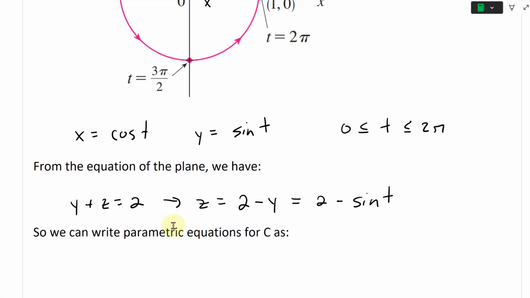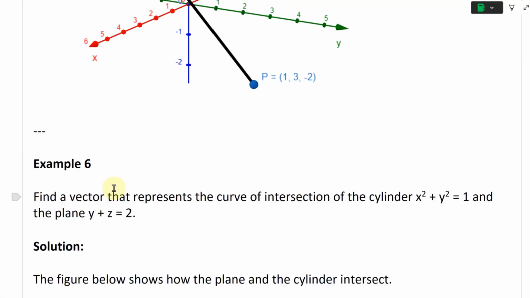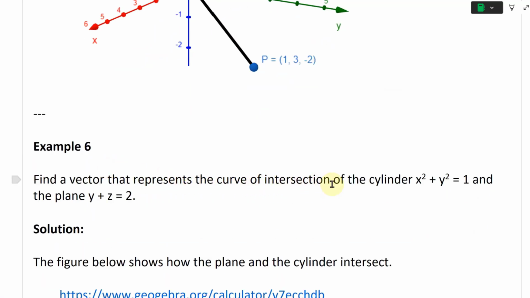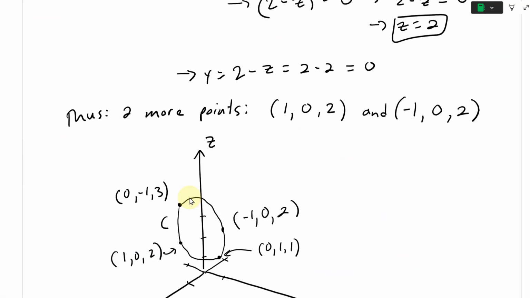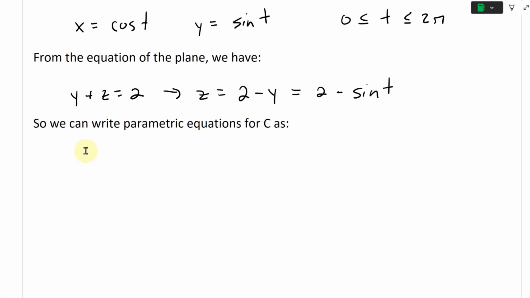Since we're asked to find the parametric equations, we need a vector that represents the curve of intersection. It doesn't specifically say to find the parametric equation, but that's pretty much what we can do. So we could write parametric equations for C, the intersection curve, as